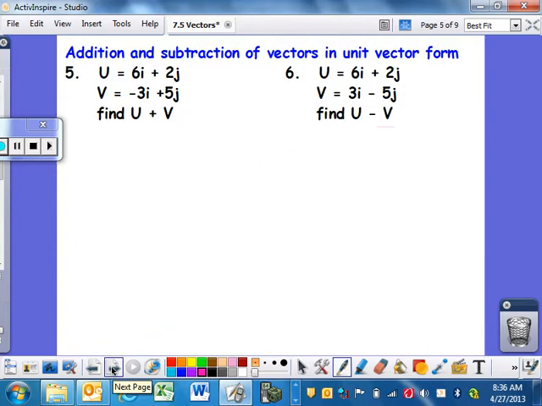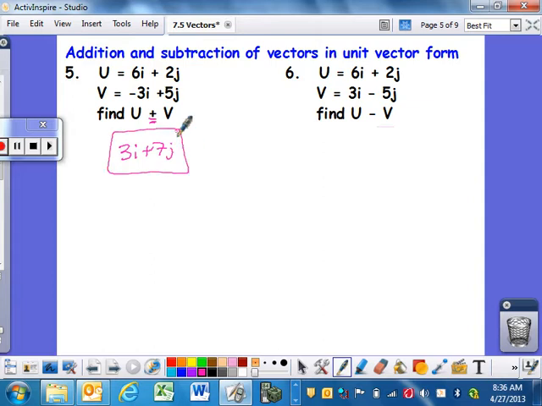Then we have three very simplistic things. If you want to add, subtract, and, we'll get to the next slide, multiply, it's as straightforward as you would think. Add together the common vectors. So the i vectors can be added together. 6 plus a negative 3, because we're adding them. 6 plus negative 3 is just 3i. 2j plus 5j,